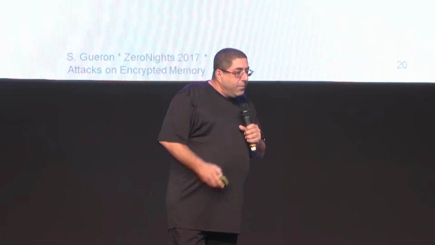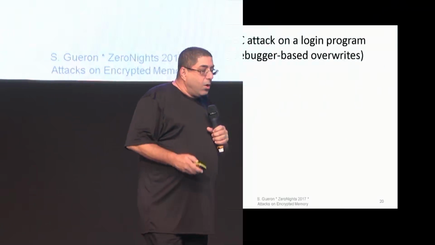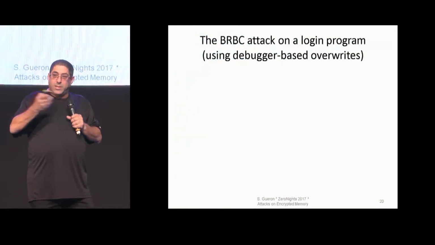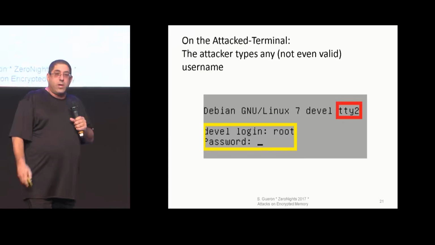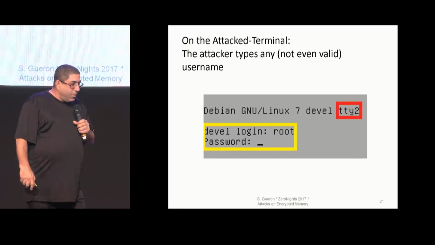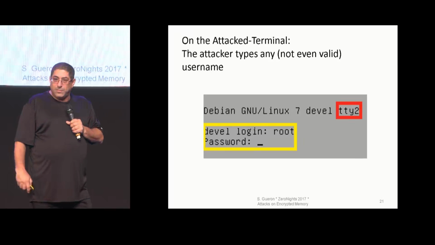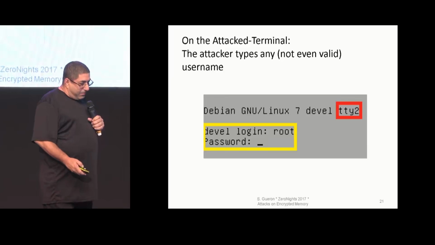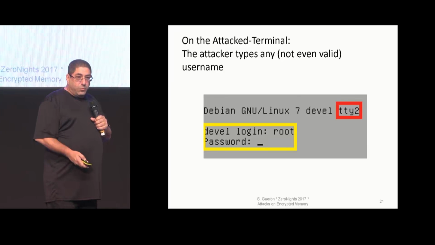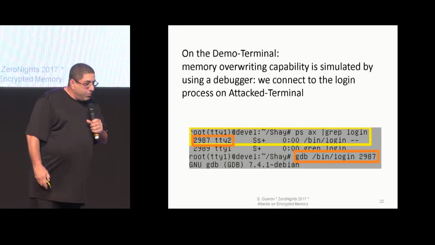So here is the BRBC, random block, blinded random block corruption on a login program, and this is a debugger based, because this demonstration we can just see what happens. So we have, okay, we are in this situation. We want to be root, right? If we can log in, why not be root on this device? Okay, we need to put some password. Of course, we don't know the password,